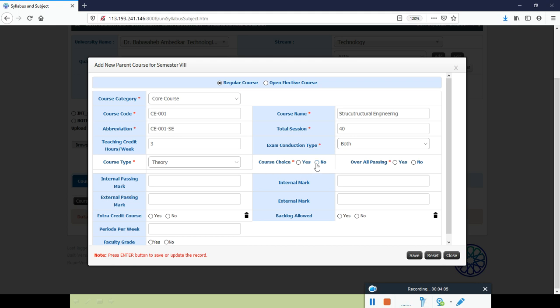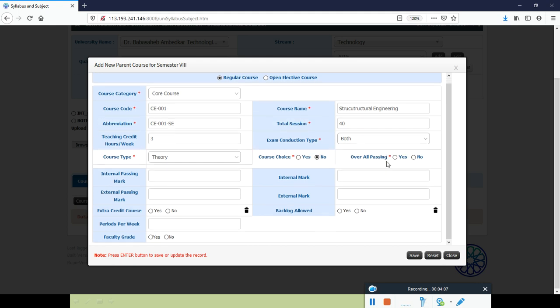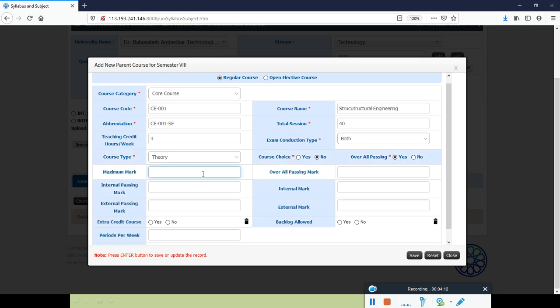Course choice is no, because it is not an open elective. Overall passing is yes. Then total marks are 100, overall passing is 32. Internal passing marks are 8, and total internal marks are 20, and it is all according to your need. External will be 80, passing marks are 32, and total external marks are 80.